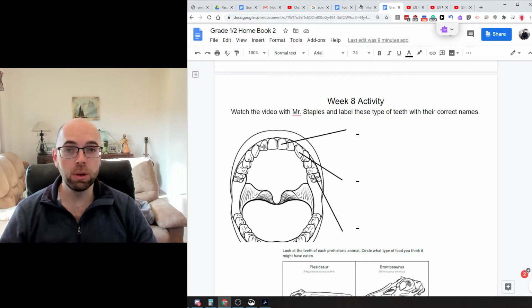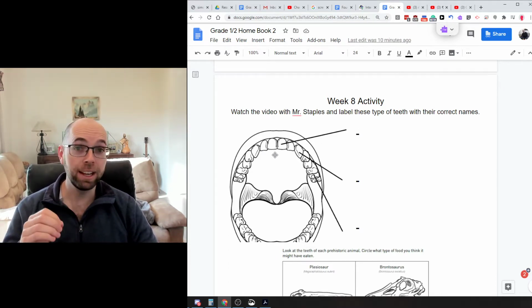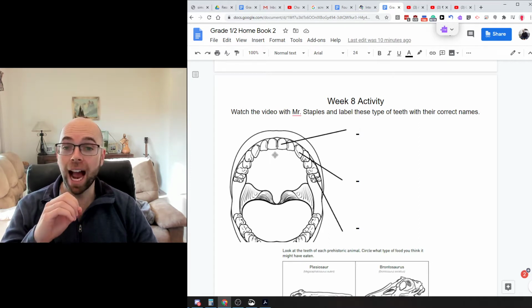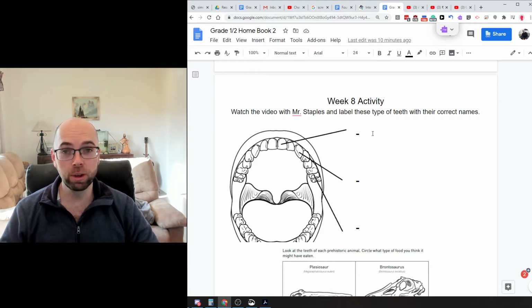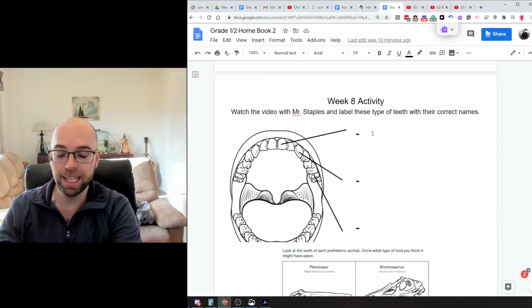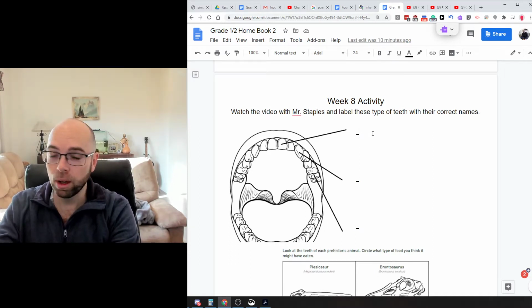Now, these were your cutting or biting teeth. So we bite into an apple, bite off a banana, or basically cut the banana with our teeth so that we can chew it. We'd cut it off, and then we can chew it. So these 4 teeth here are your biting teeth. Color them orange, and we're going to write down the science word of what these teeth are really called. They're not really called biting teeth in real life. Scientists would refer to them as